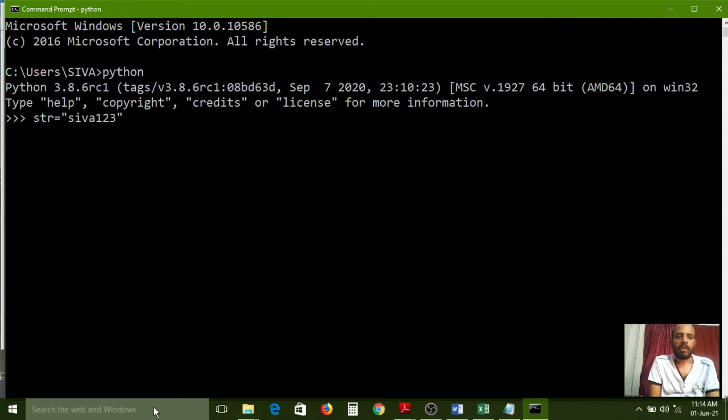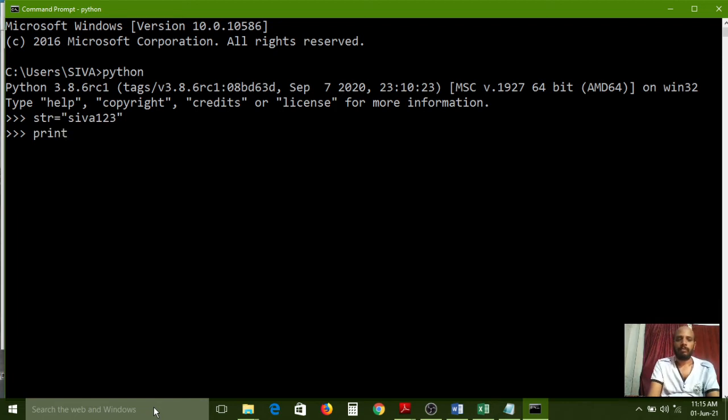So it is a combination of alphabets as well as numbers. So it is an alphanumeric string. Whether it is an alphanumeric string or not, how can we check? By using the isalnum function.